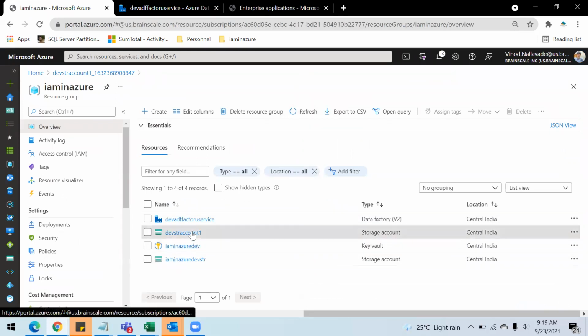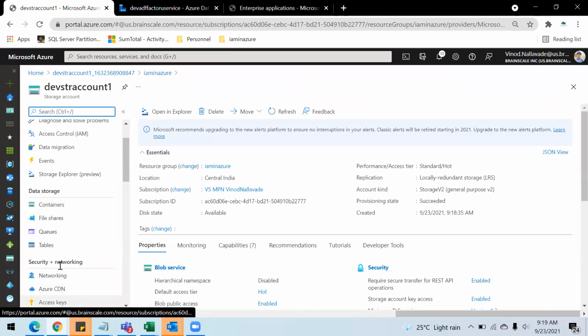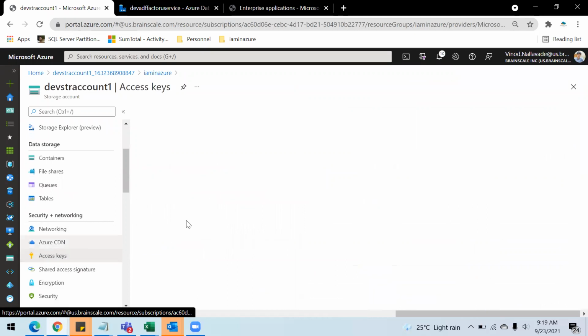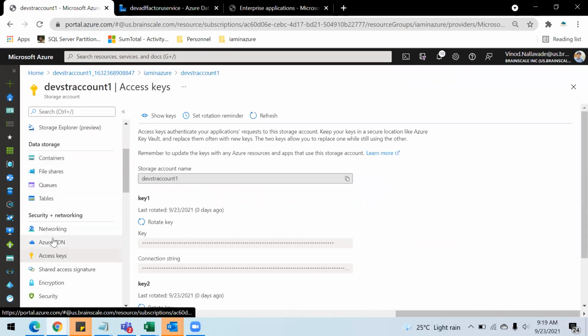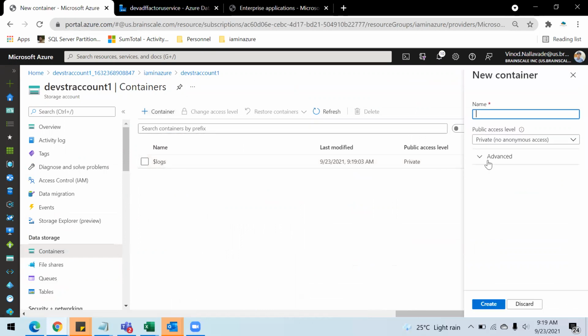Okay, so I have the storage account here, and what I need is the connection string. Oh, sorry. Before that, let me create this container and upload the file.